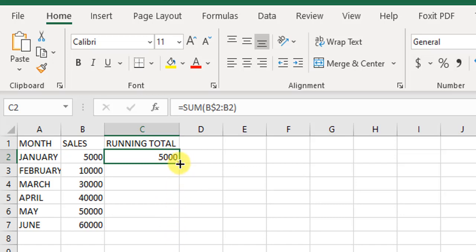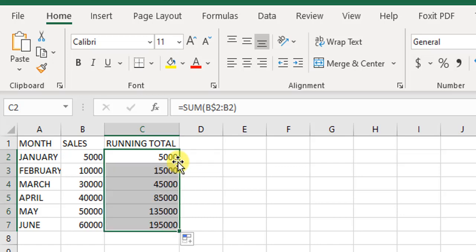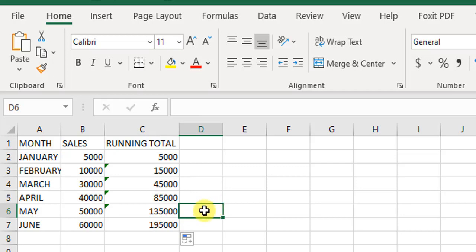Now what we need to do is just copy this formula down the range. To do this, we come over here to the end of the cell. As soon as the symbol changes, we double click. And fantastic. You can see that the formula got copied down. But surprisingly, now we have the running totals over here. We didn't do any additional work and we have achieved this fantastic running totals formula.